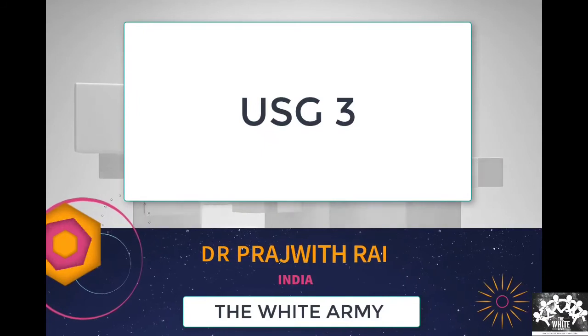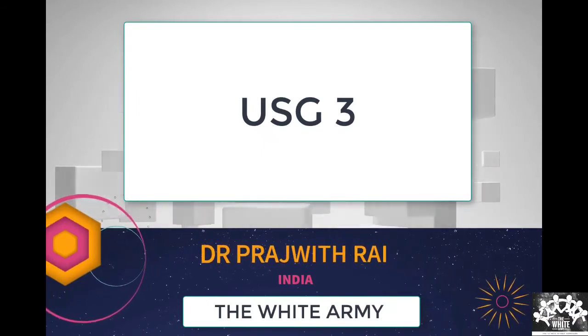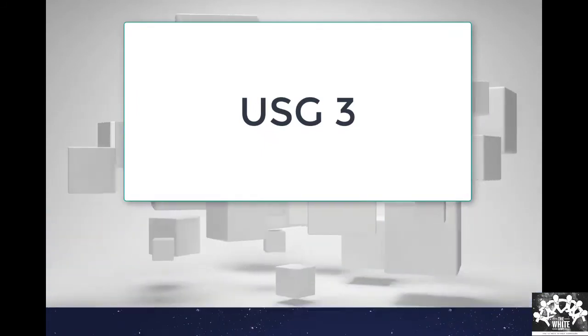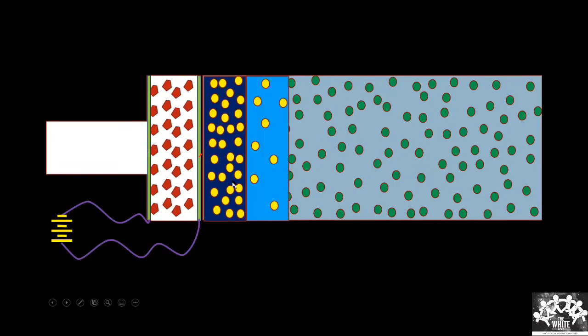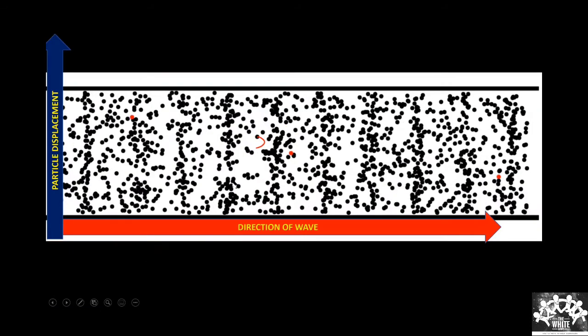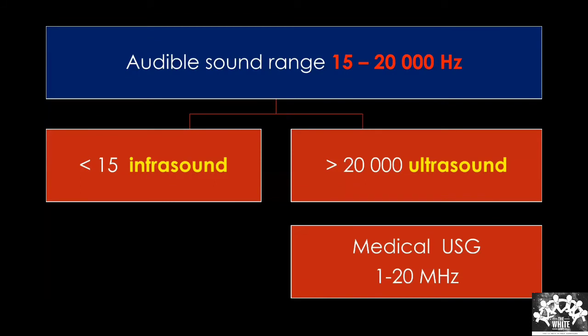So there are piezoelectric crystals which, when stimulated in the presence of electric current, will produce sound. Sound is nothing but alternating compressions and rarefactions. Now, the frequency of ultrasound that we use is very important: 1 to 20 megahertz. The numerical value as such is not important, but the megahertz is very important for us here. They might ask, what is the frequency of the probe which we commonly use? The most commonly used probes are between 1 to 20 megahertz.